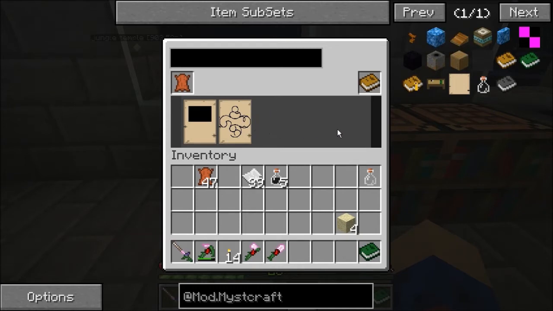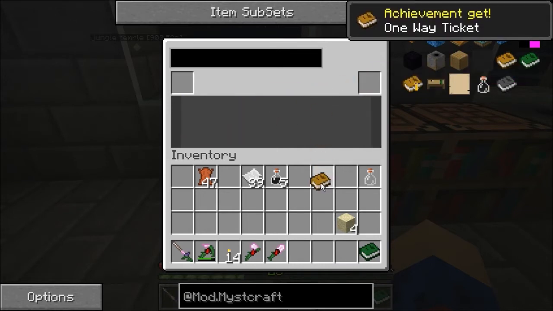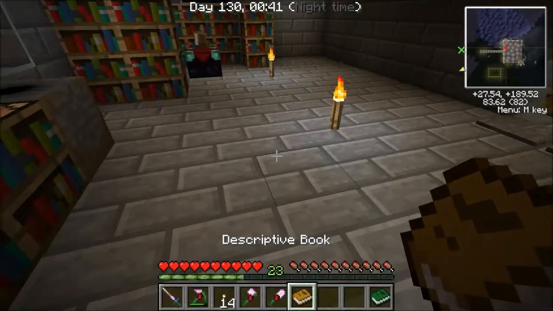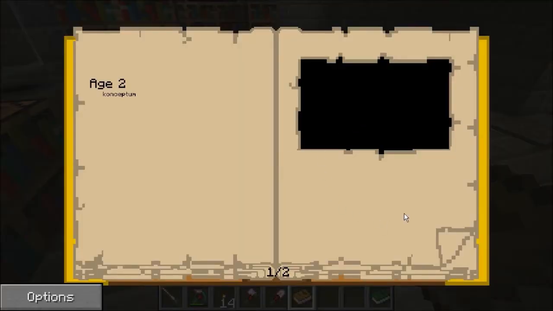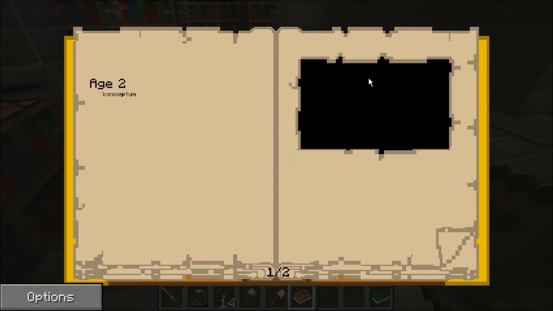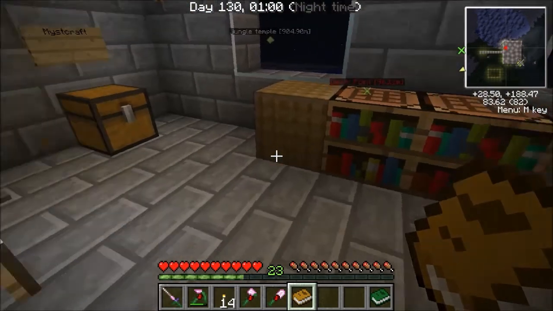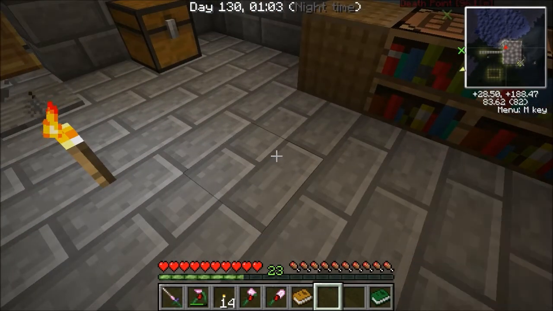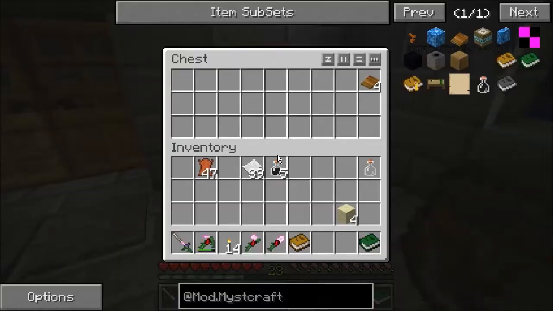So once you put in whatever pages you want in there, if you feel like you've described it enough or you feel like you're set, you go ahead and take out this descriptive book like so. And again, if you look at the descriptive book, first of all, it shows you the pages that you put in there, but it's age number 2, and this button, this place here, if I click on this, this will transport me to this age. And again, if I didn't have a linking book, which I made earlier, I wouldn't be able to come back. So what I usually do is take a couple of these lecterns,